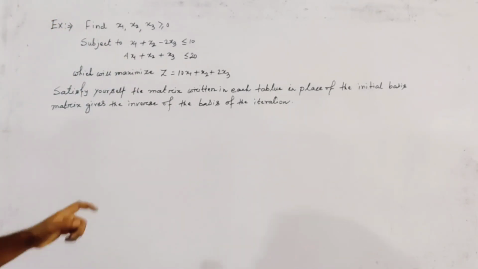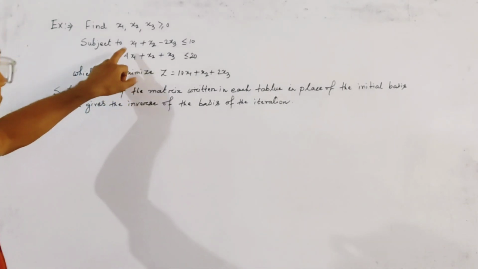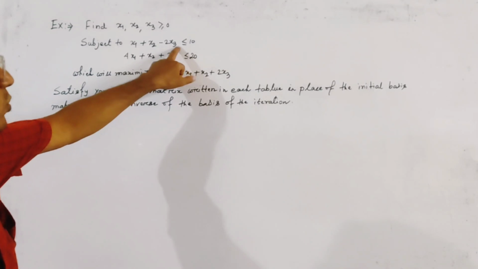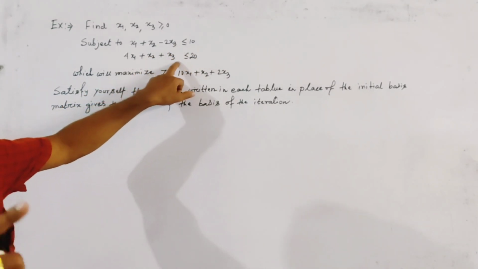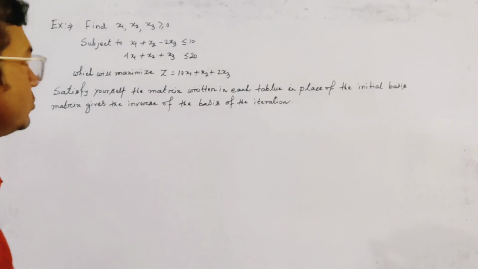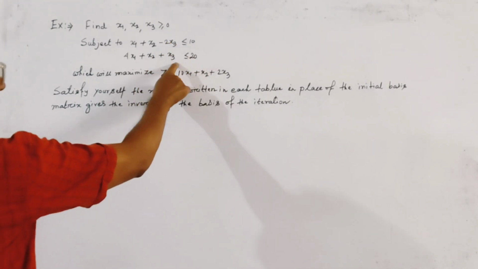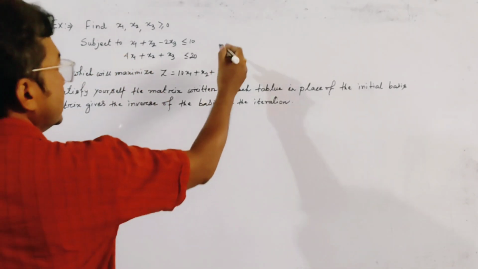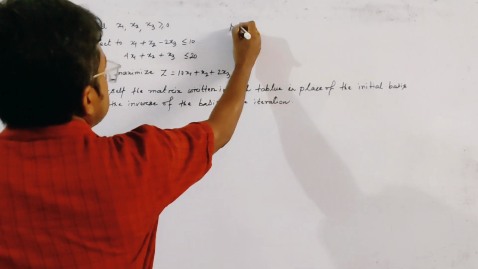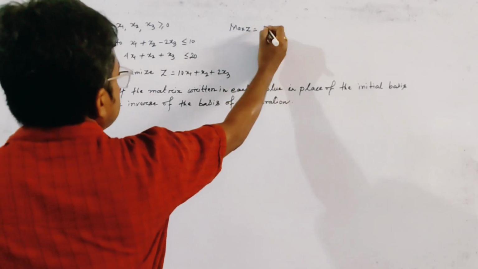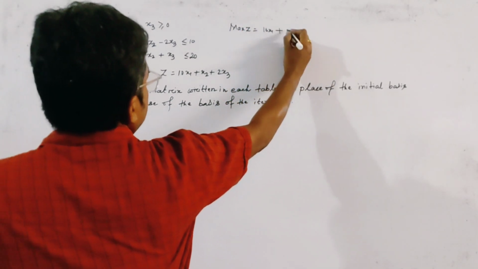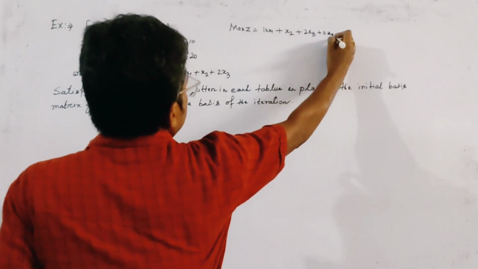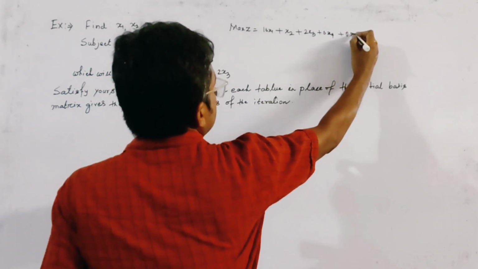To use the simplex method, we have to introduce two slack variables here. In the first constraint there will be one slack variable, and in the second constraint another slack variable. So we introduce two slack variables x4 and x5 in the first and second constraints, and the problem can be rewritten. First we write the objective function, which is max z